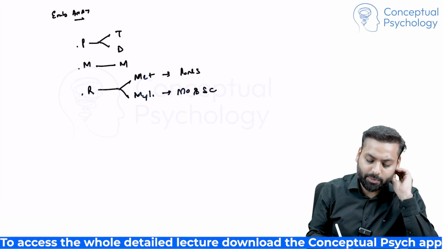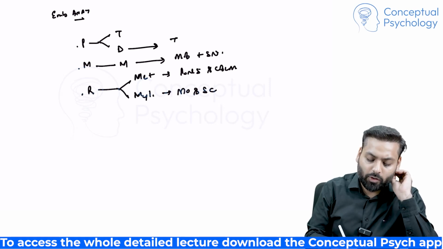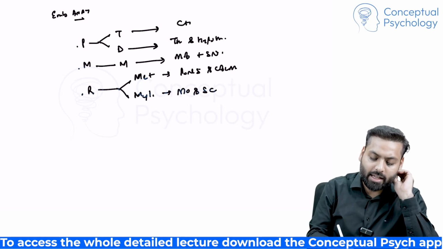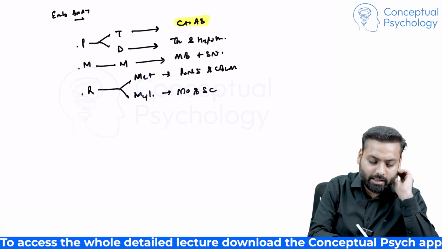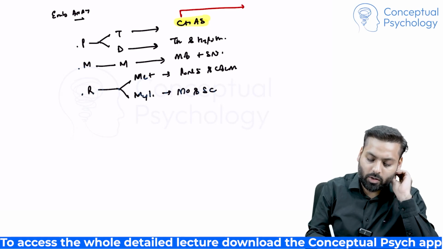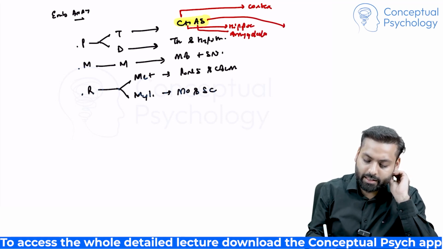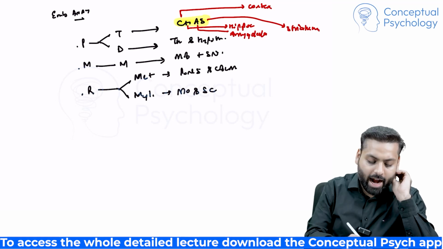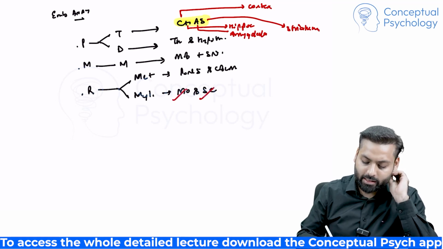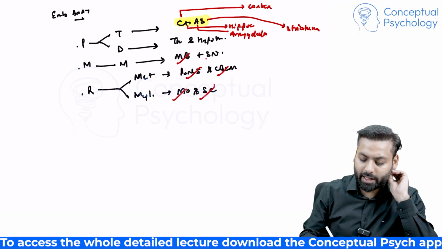Metencephalon forms pons and cerebellum. Mesencephalon forms midbrain and substantia nigra as well. Diencephalon forms all the thalamus related things, thalamus and hypothalamus. And telencephalon forms CHAS. We remember this mnemonic, CHAS. CHAS is cortex, hippocampus, amygdala, and striatum. And you see what all we have done: medulla, spinal cord, pons, cerebellum, midbrain, substantia nigra,